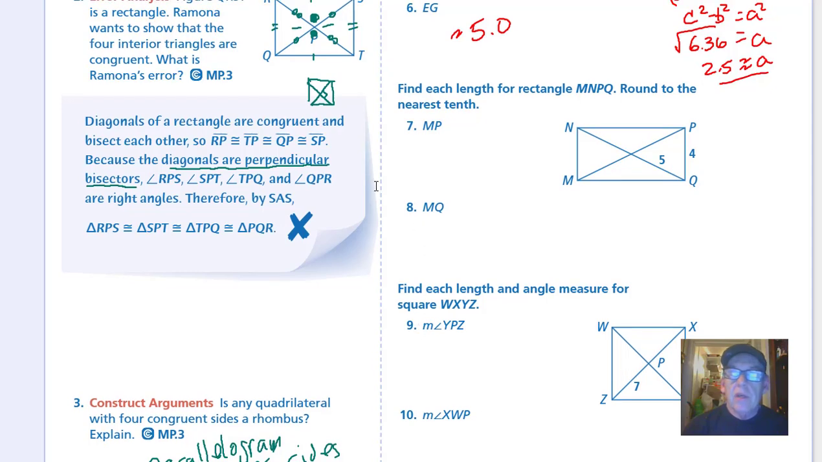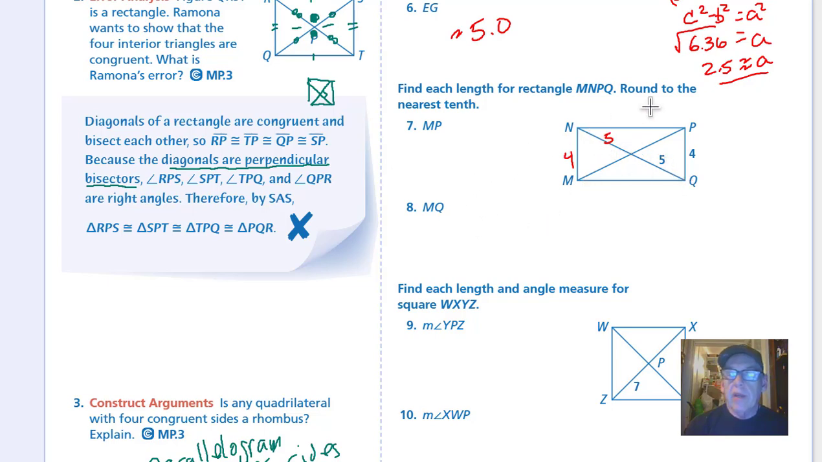Number 7, find the length, each length for the rectangle, rounded to the nearest tenth. Okay, rectangle's got right angles. This is a 5. It means that's going to be a 5. If this is a 4, that's going to be a 4. So they want MP. So they want to know what the length of this diagonal here is. Before we can find the length of this diagonal,